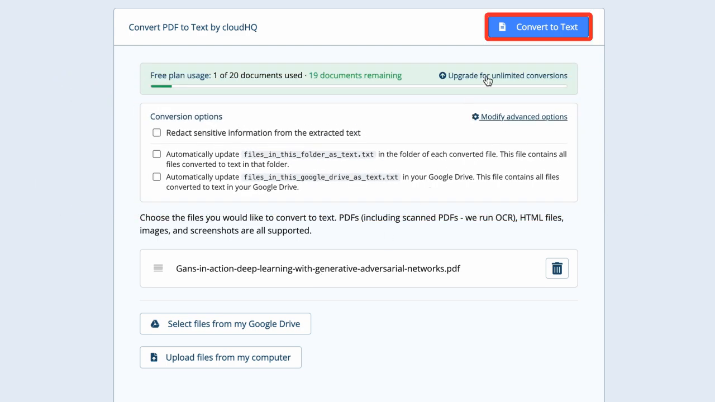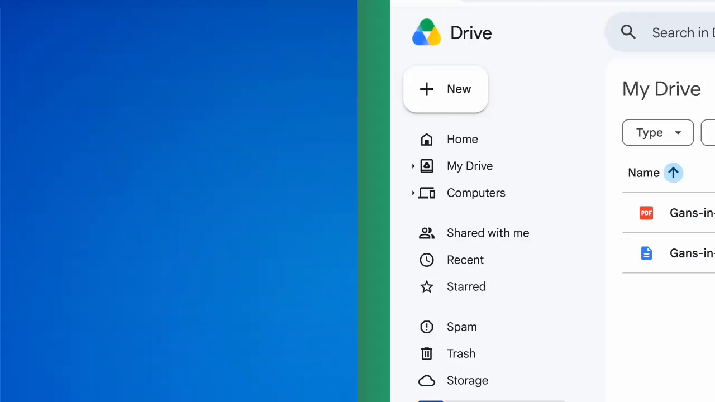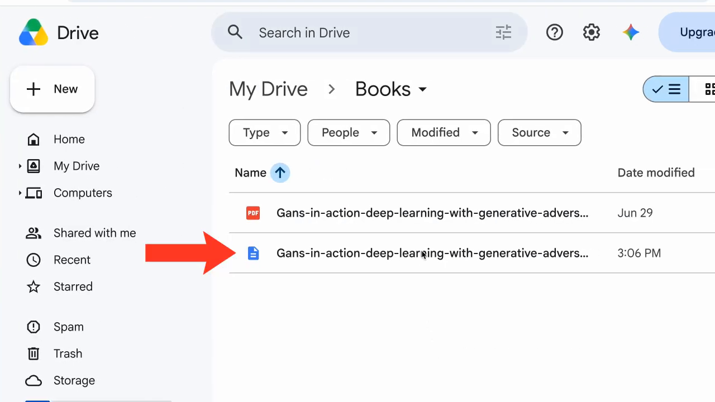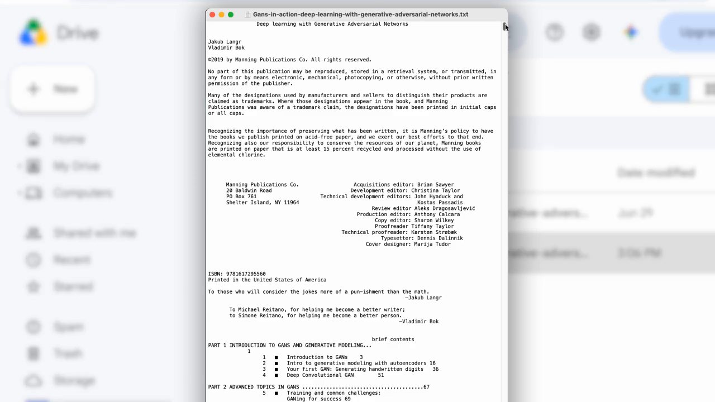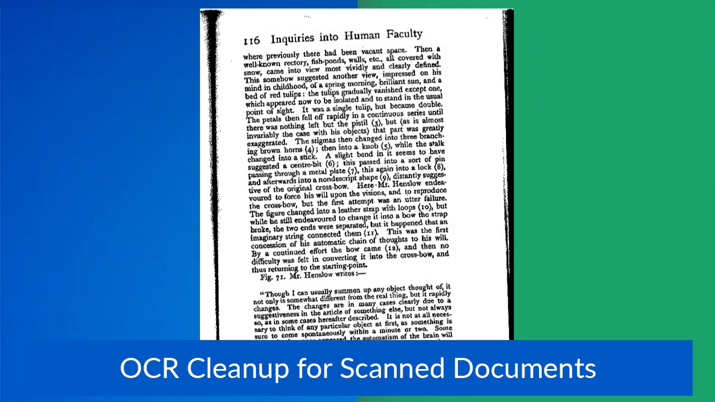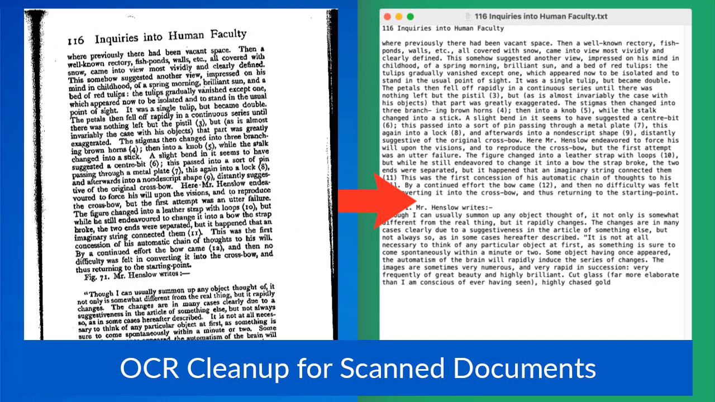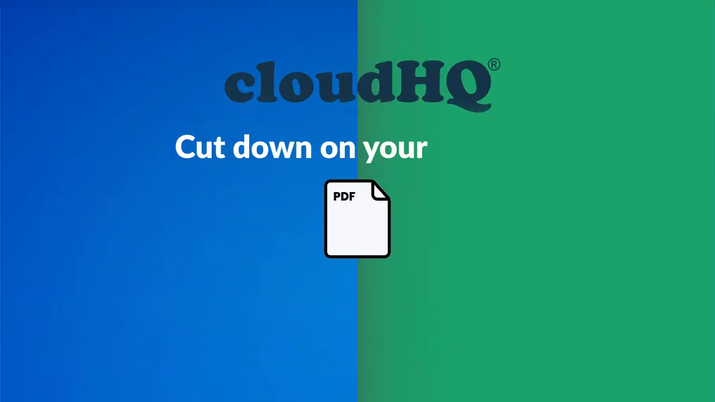And when you click Convert to Text, you'll get a lightweight text version of your PDF that's easier to work with for AI, automation, and data processing. You'll also get built-in OCR to extract text from scanned PDFs, photos, and screenshots. Instantly cut down your token usage by